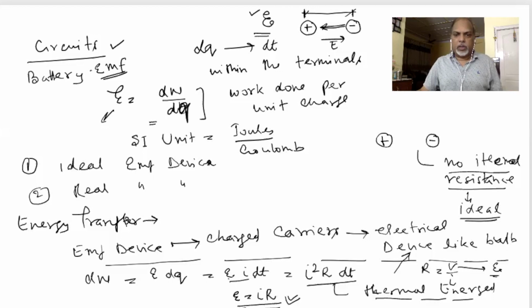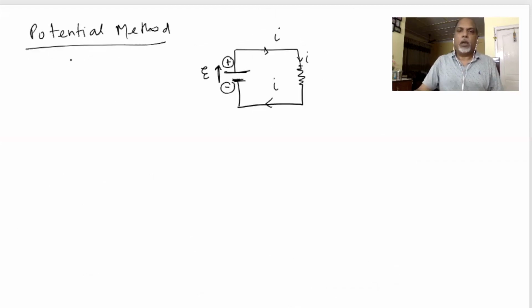Here again you see, in all these terms dt cancels out, I cancels out, then this is basically the main equation for the circuit, and this we have derived based on the work energy principle. Please note that. Now we will derive the same equation with some other method that is called the potential method. Now let us see what the potential method is.